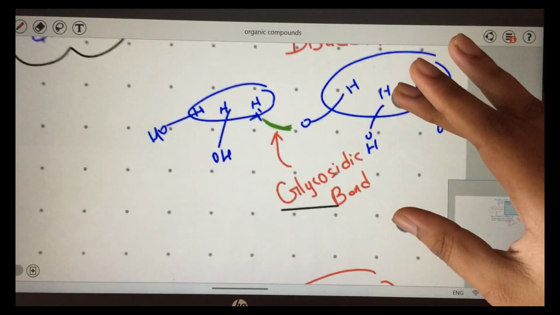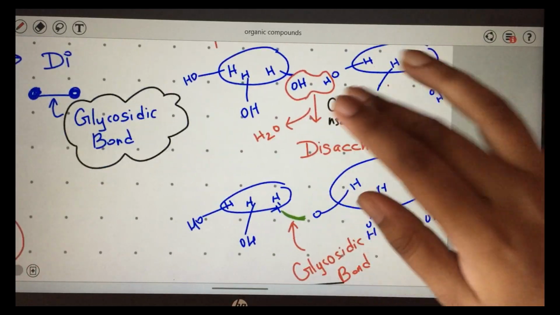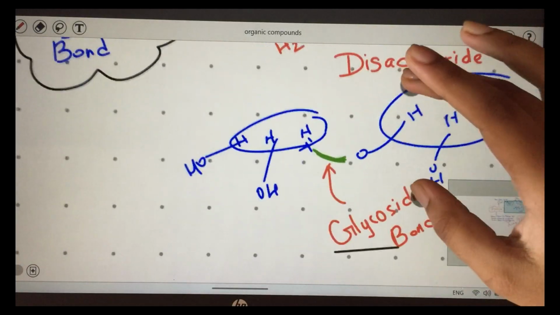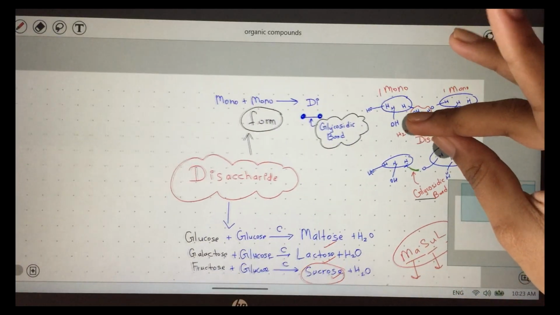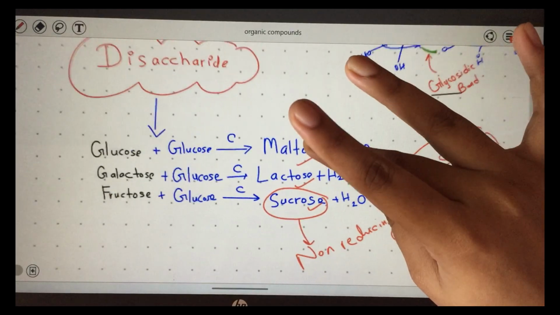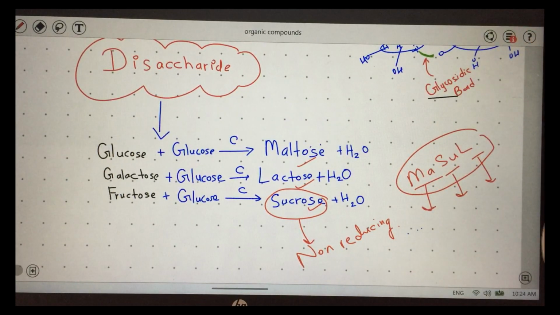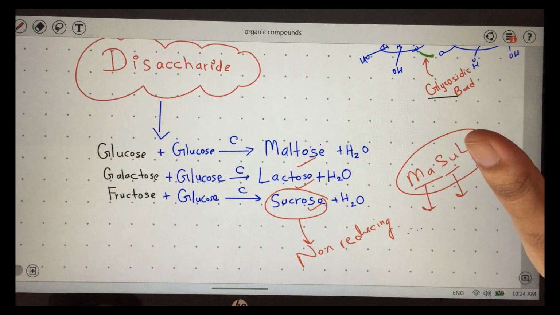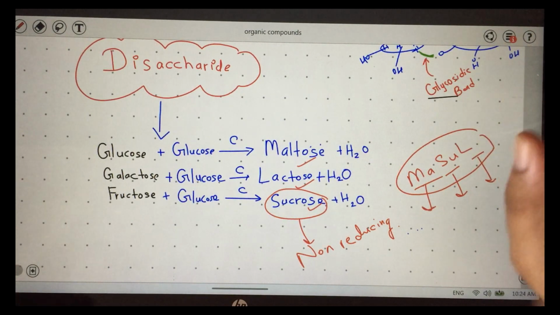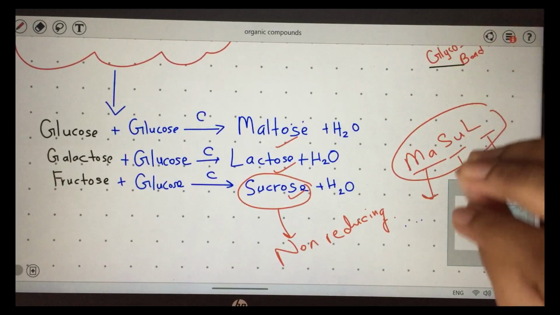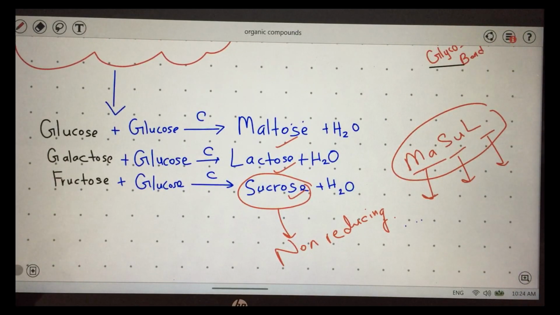Now this disaccharide, here you can see how that bond is formed. This water part is removed and hydrogen is going to now bind with oxygen. So this is called the glycosidic bond. Then you have to know the three examples, the proper equations. They can even ask in your part 2, you have two parts, structured essay and essay. So in structured essay they can ask, give the equations for the formation of maltose, lactose and sucrose, or one of them or whatever.